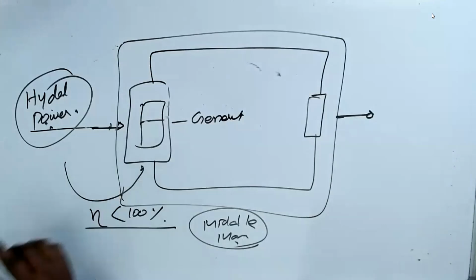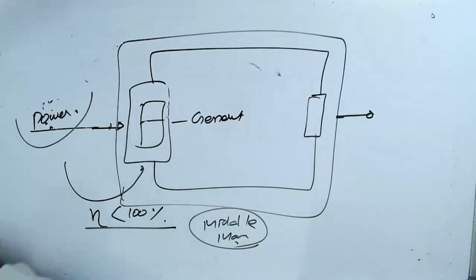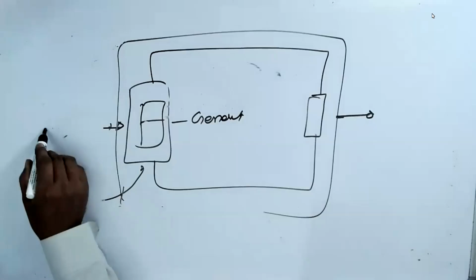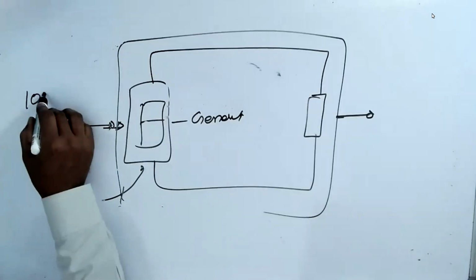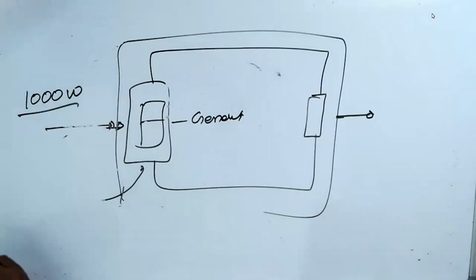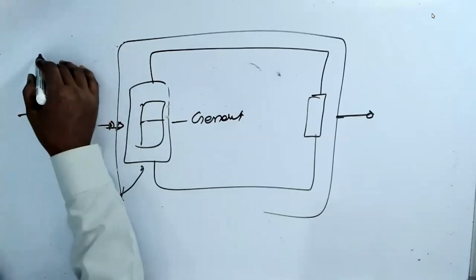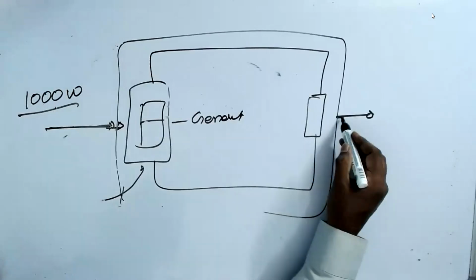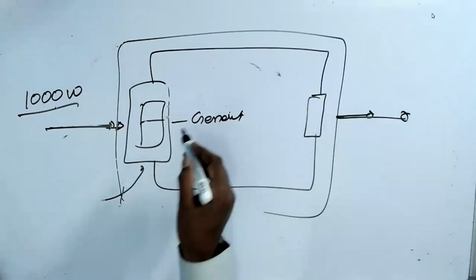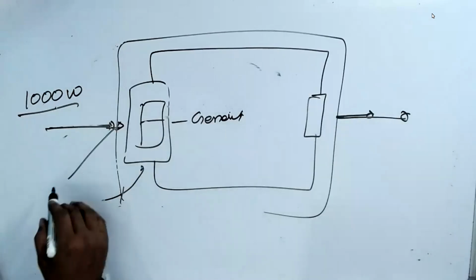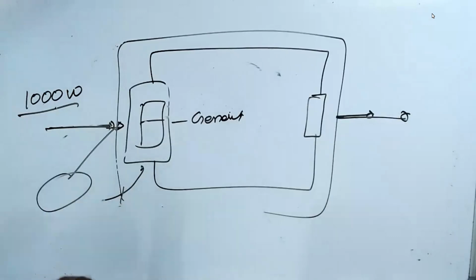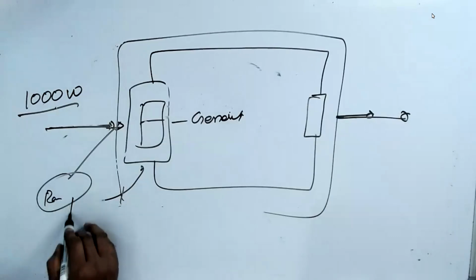So that means I give a power. Let us not worry about the energy now. Let us worry about only power. I give a power here, 1000 watts. It could be chemical or whatever it is. This is the energy, the power I'm giving. I'm getting a power. This middleman takes a power from anywhere, Ramagundam in Andhra, AP.